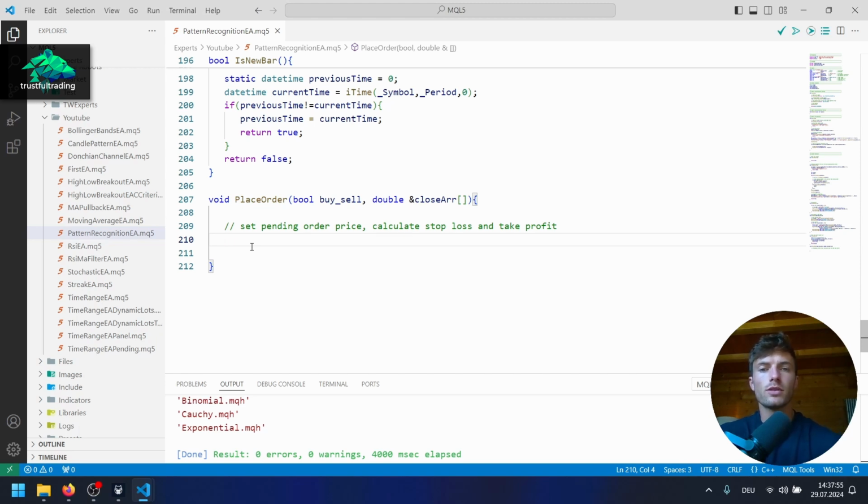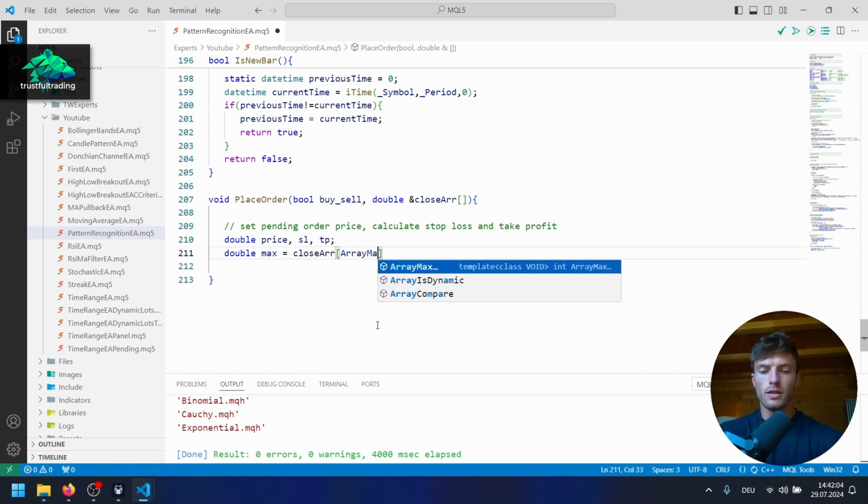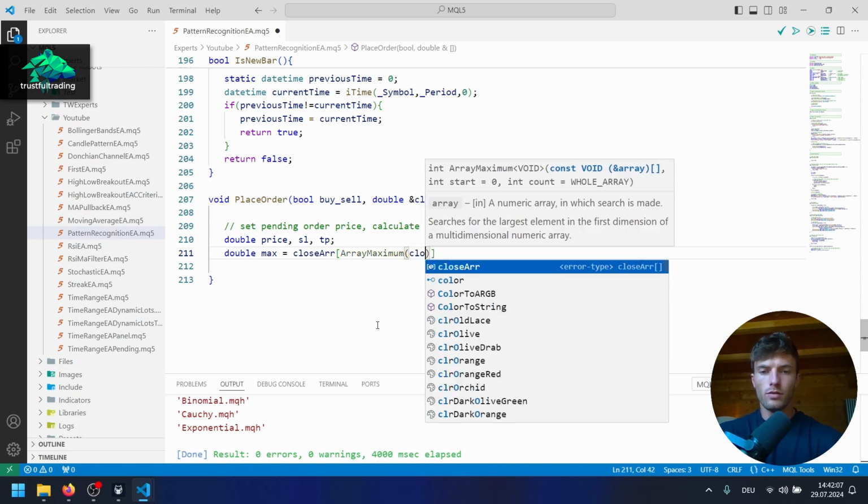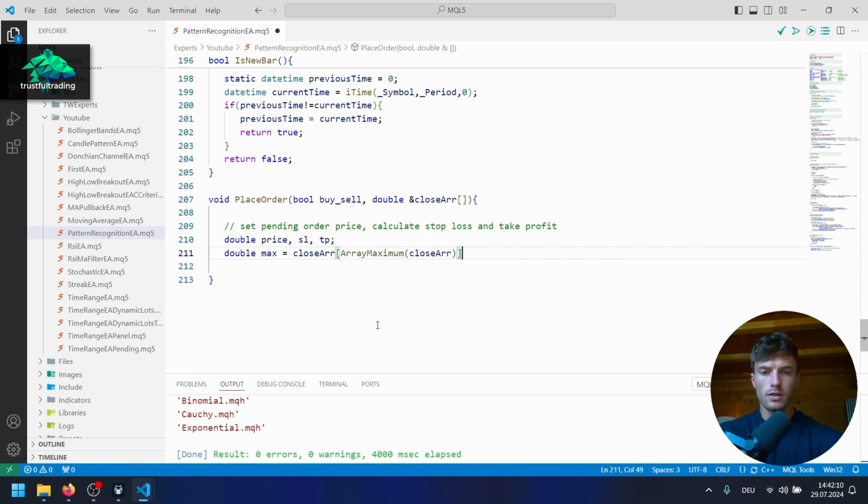First of all, we need to calculate the order level and then the stop loss and take profit before we can set an order depending on the order type input. So let's declare a few variables of type double. First of all, the price for our orders, stop loss and take profit. And next, also of type double, the maximum value of the close array. We can immediately initialize this with the close array maximum. So close array, and as the index we use the array maximum function of our close array, like this,